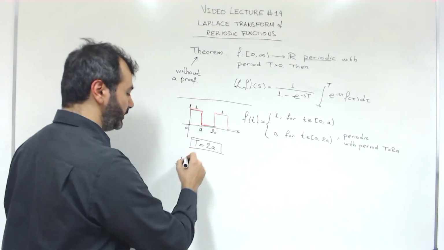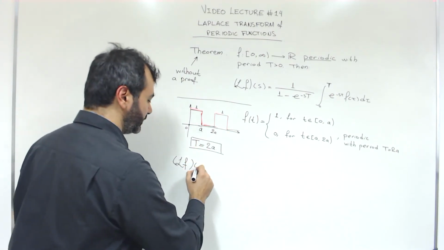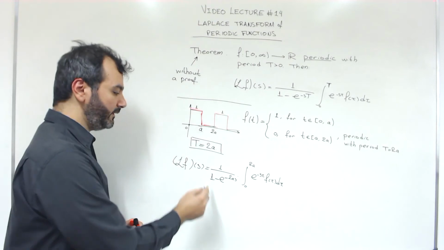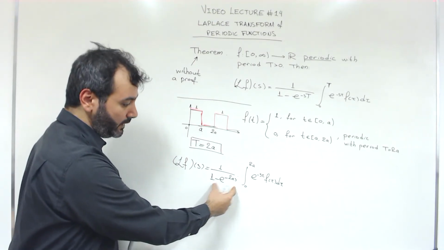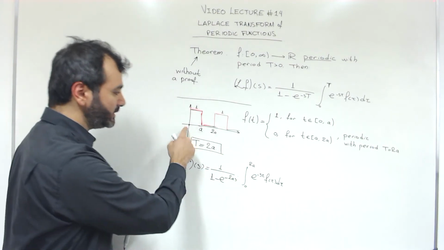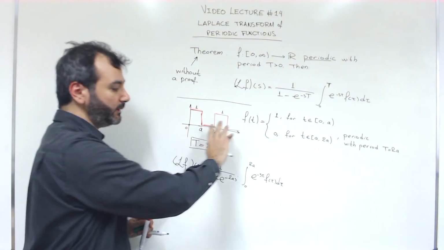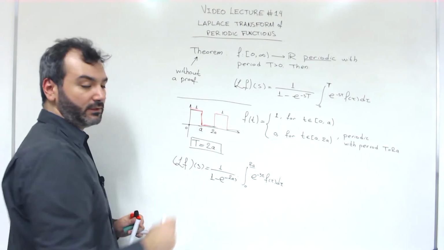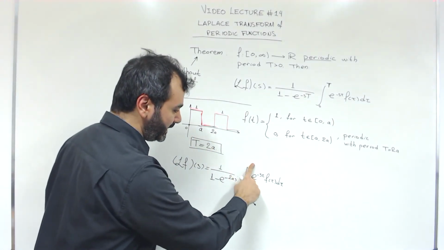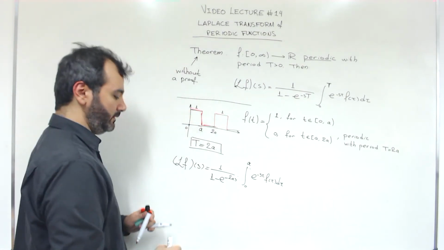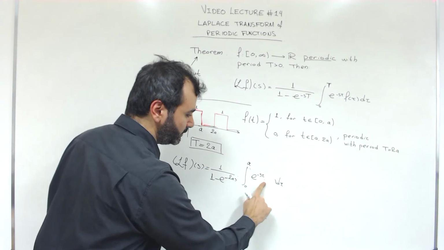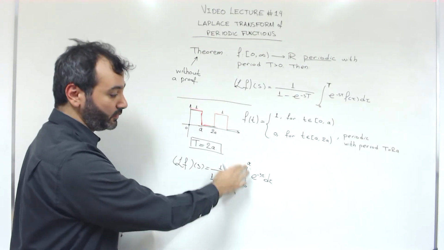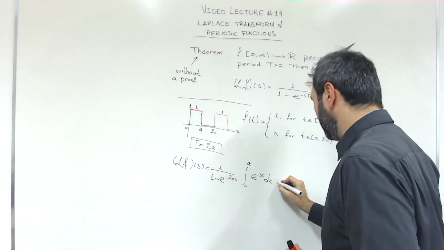Then the Laplace transform of this periodic function, now look at that. It is this term times an integral, but an integral just from 0 up to 2 times a, not up to infinity. And we know that this function f is 0 between a and 2 times a. So it only makes sense to integrate it from 0 to a, where this function is equal to 1. So we're talking about the integral from 0 to a, e to the minus s tau, and the result now is